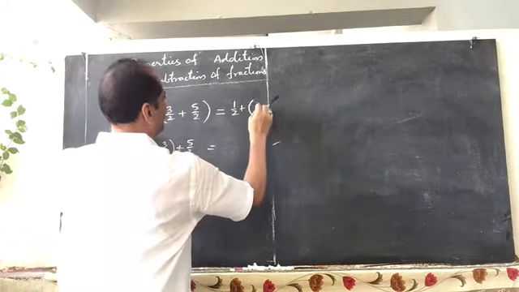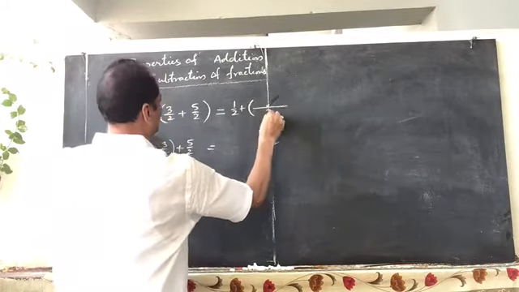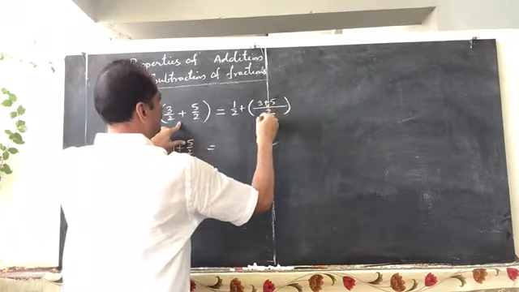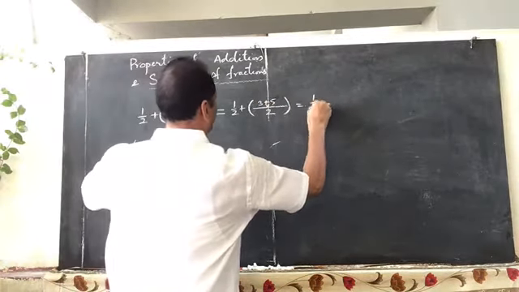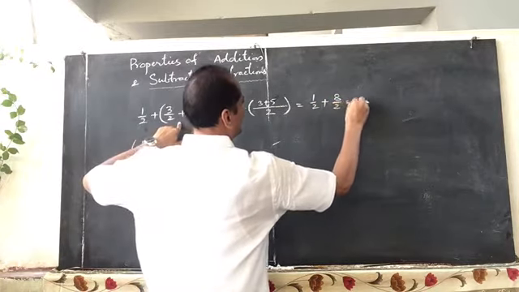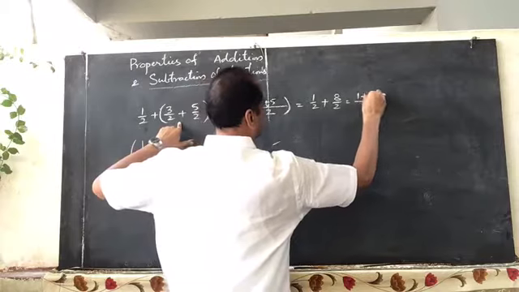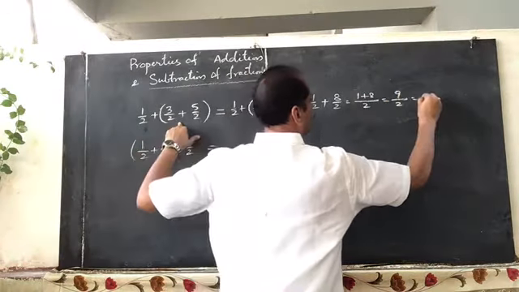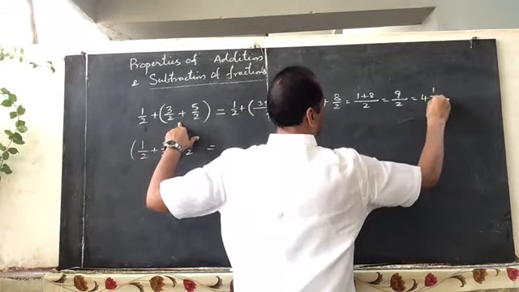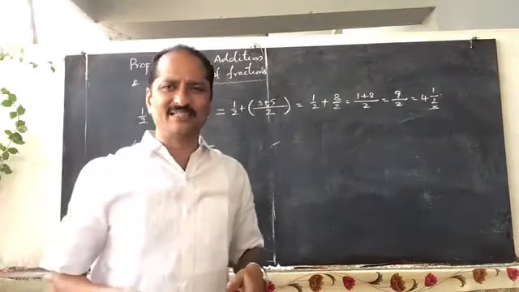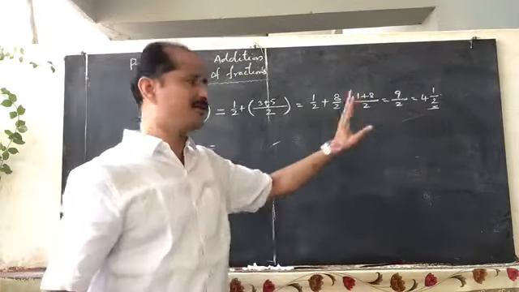In 3 by 2 and 5 by 2, write down the common denominator as the denominator, 2, and the sum of numerators, 3 plus 5 is equal to 8 by 2. That is 1 by 2 plus 3 plus 5, 8 by 2. 8 by 2 means, now again common denominator, right? 1 plus 8 is equal to 9 by 2. 9 by 2 means 2 fours are 8, remainder 1 by 2, so 4 and a half. So that will be our answer.